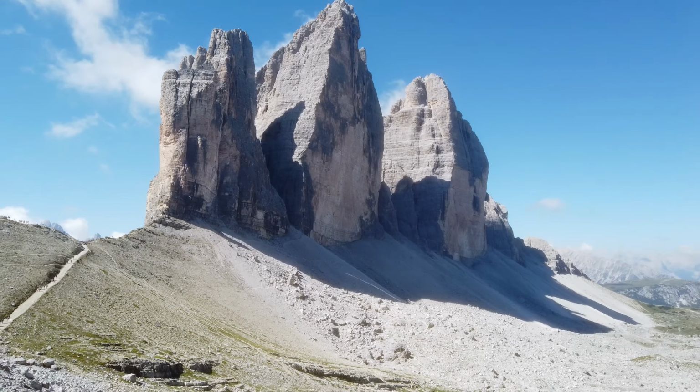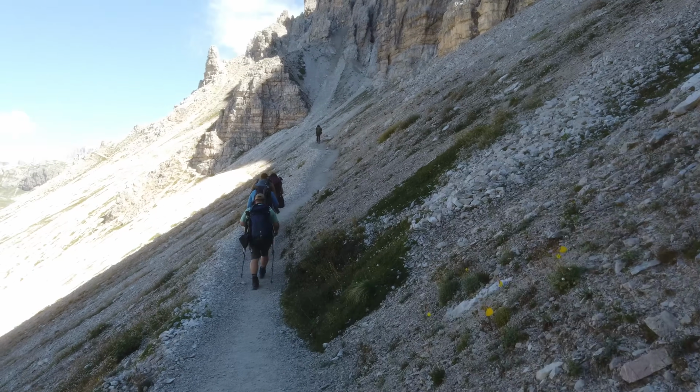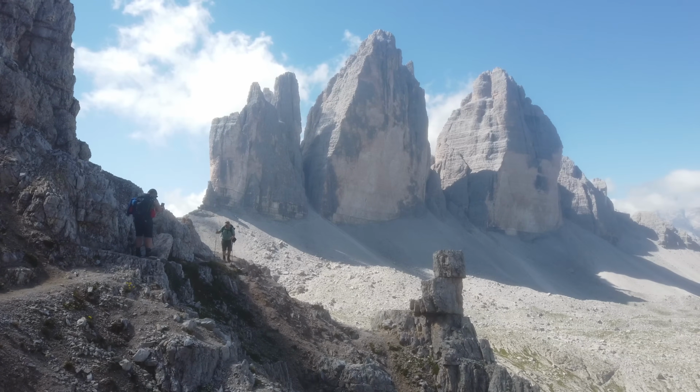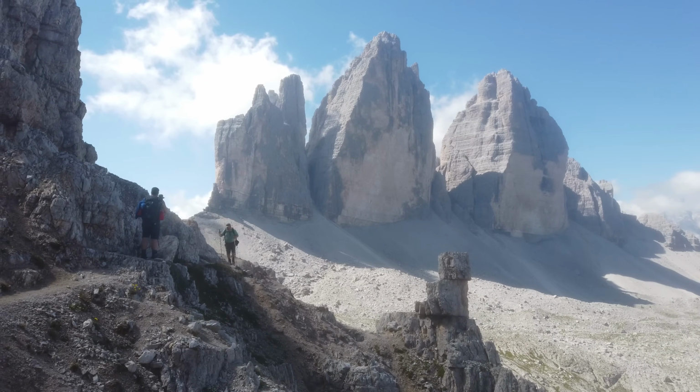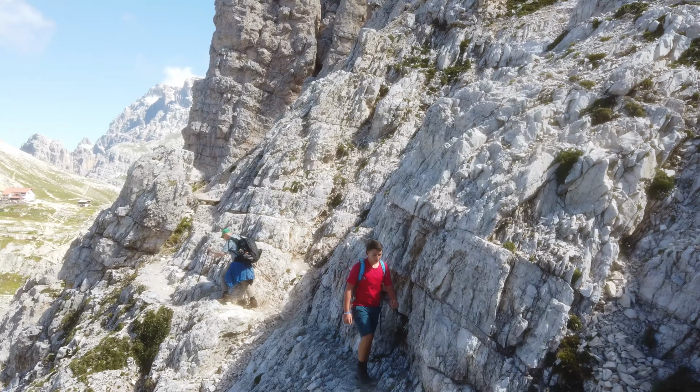So right now we have been walking for an hour and 15 minutes, and we're bringing all our camera gear and whatever stuff we need for one night at that other refugio. But wow,